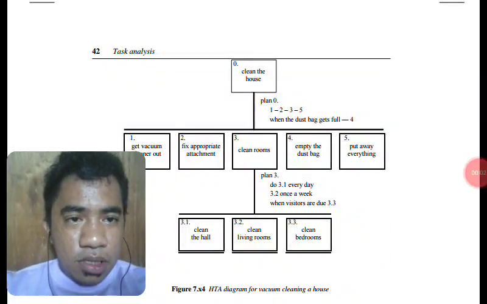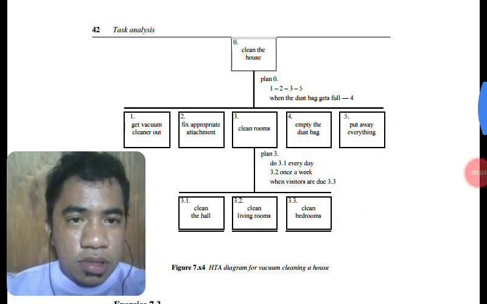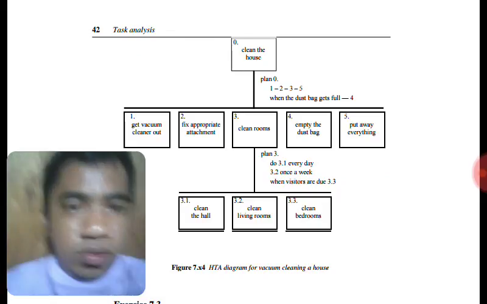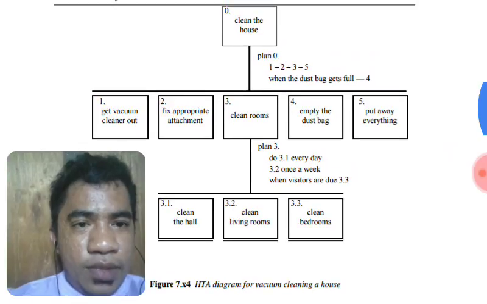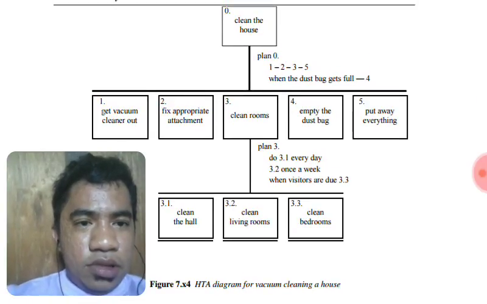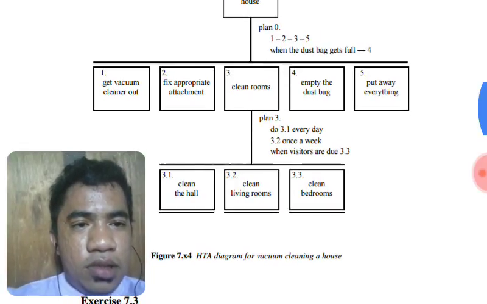Task 9. Clean house. 1. Get vacuum cleaner out. 2. Fix appropriate attachment. 3. Clean room. 4. Empty the dust bag. 5. Put away everything. In the plan 3, do